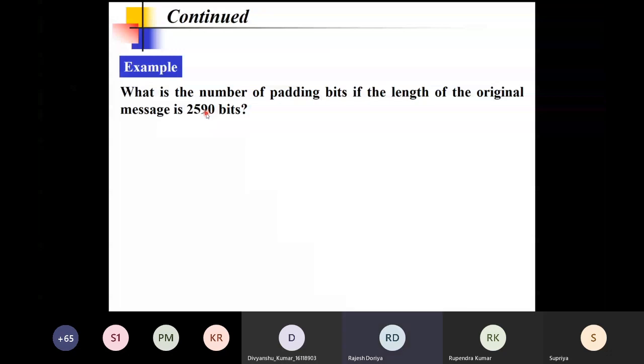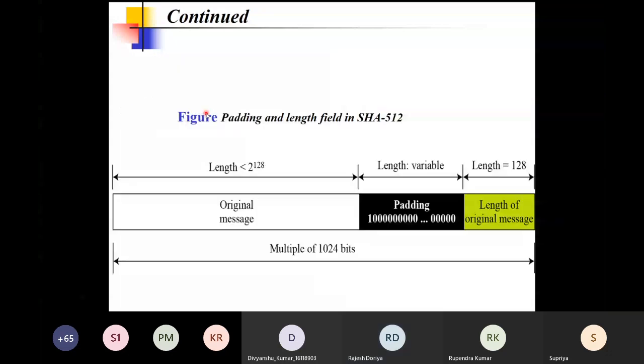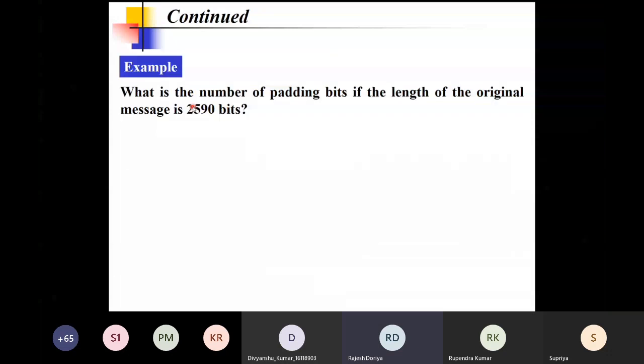All of you, please do it. Please let me know the number of padding bits if the length of the original message is 2590 bits. I am waiting for your answer.